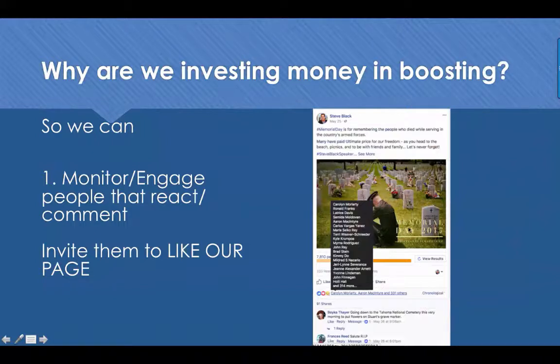So here I created a piece of original content. I got a picture of a soldier at a cemetery. You can get those from Shutterstock. You write that down, SHUTTERSTOCK.com. For $1, you can get something like that. Facebook's ad interface also allows you to access a lot of those images for free. So if your main purpose is to go ahead and just run an ad, you'll have access to their library.